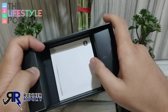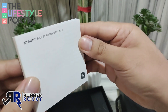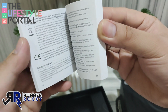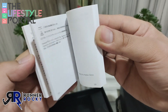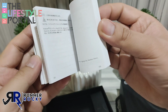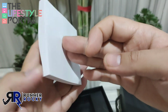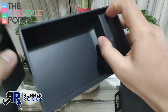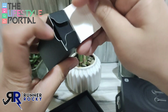This black box contains, of course, the manual, the Xiaomi Buds 3D Pro user manual, where it details the setup, the characteristics, and the important functions of the device. It is written in English and in Chinese characters. Smaller boxes inside the box contain